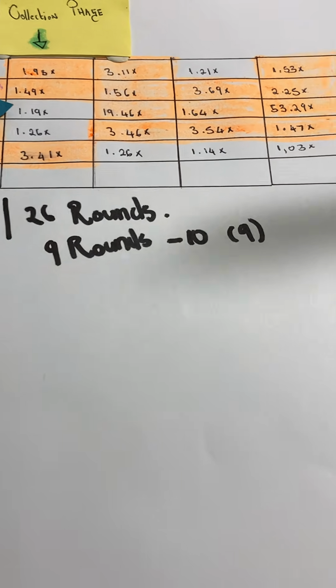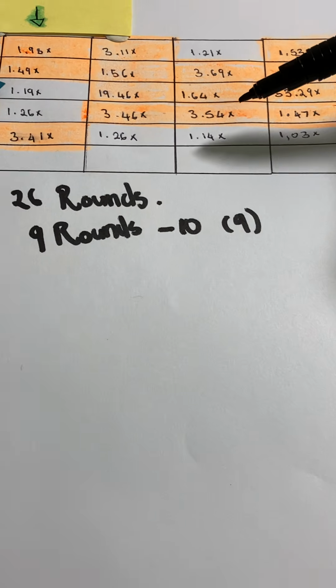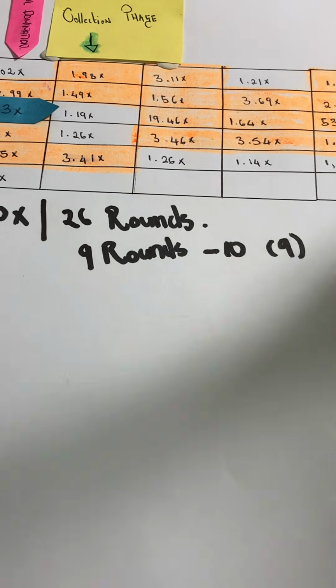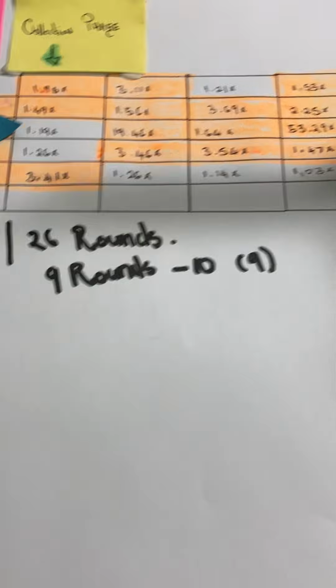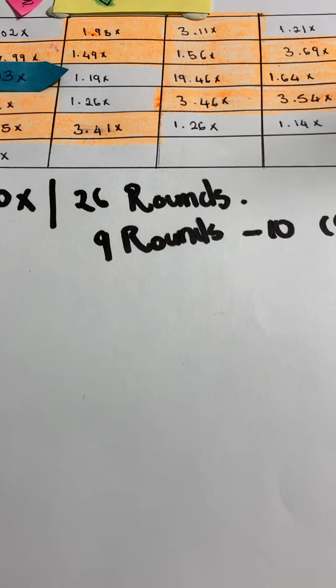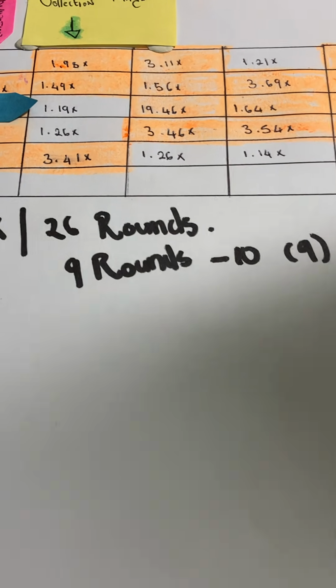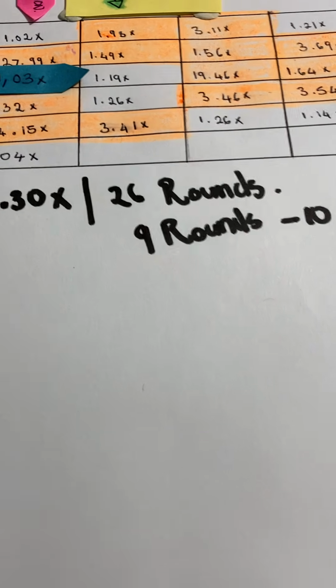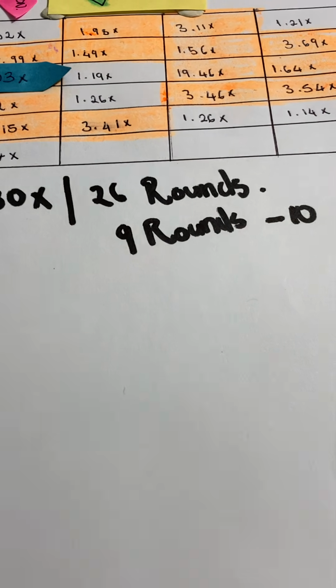Like 1.03, 1.14, 1.26 was below 1.30x. It's 9 in total. So if I do my calculations correct, 26 minus 9 is